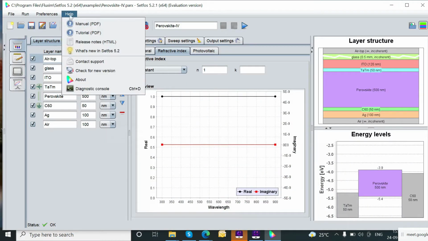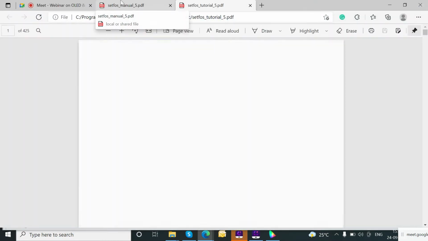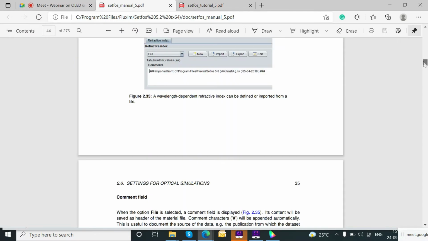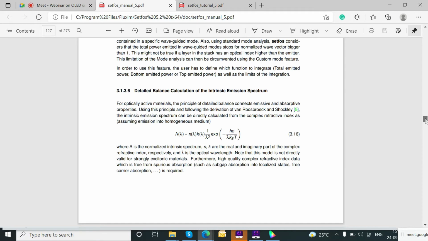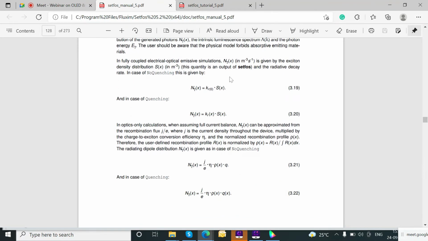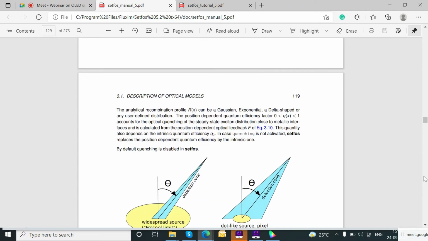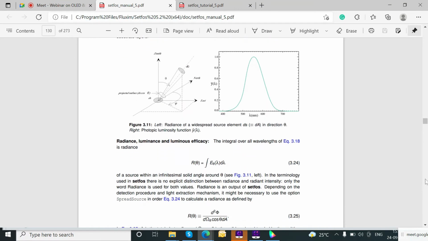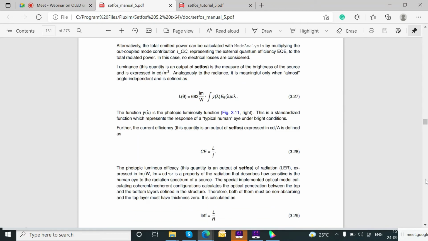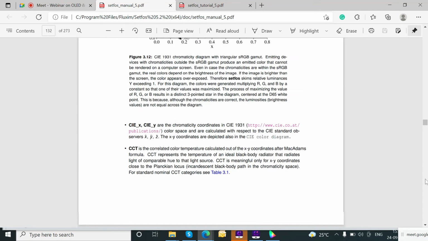This is the main window of the software where the help manual is. If somebody would like to know how to get help, what models, what physical parameters, what quantities, and how to get started in the software, all of it is given in the manual and tutorial page. The manual gives you the deep physics understanding behind the software, and the tutorial gives you the idea of how to make solar cell and LED devices. Let me click on the manual and tutorial page. This is the manual and the second one is called tutorials. I opened both of them.